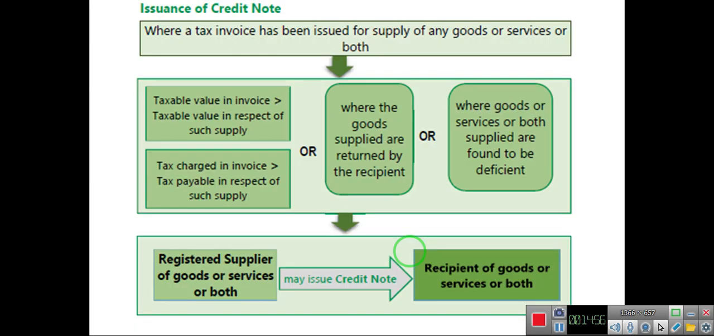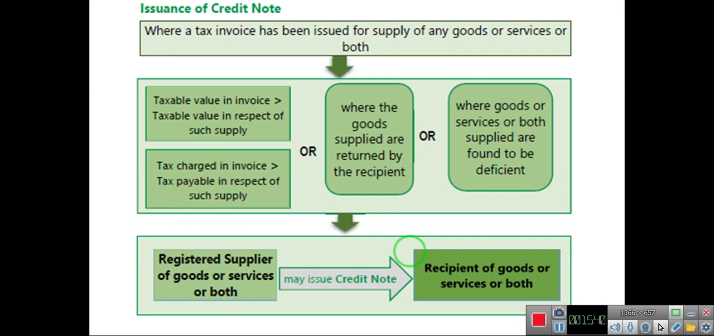for your reference. The next is issuance of credit note. A credit note is to be issued where a tax invoice has been issued for supply of any goods or services or both, where the taxable value in the invoice is more than the taxable value in respect of such supply. For example, the taxable value in the invoice mentioned is 20,000, but actually the value of supply is 18,000. In that case, the taxable value is more than the actual value,